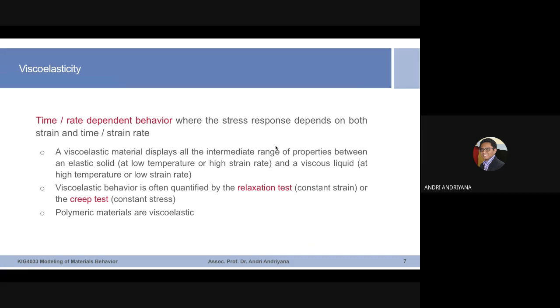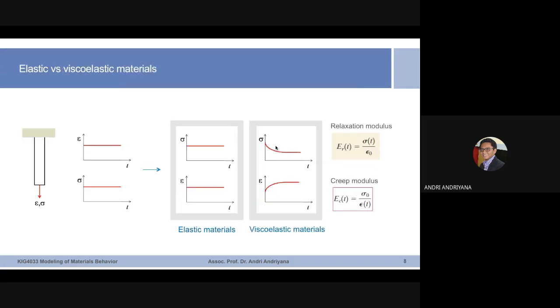And then, in order for us to check whether a material possesses a viscoelastic response or not, in the laboratory we can do two simple tests. The first one is the relaxation test, and the second one is the creep test. Polymeric materials are a typical example of viscoelastic materials. So how do we conduct the tests? Okay. First,